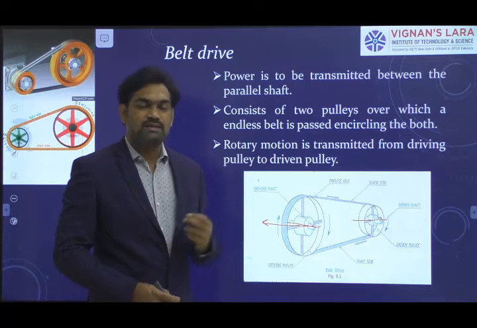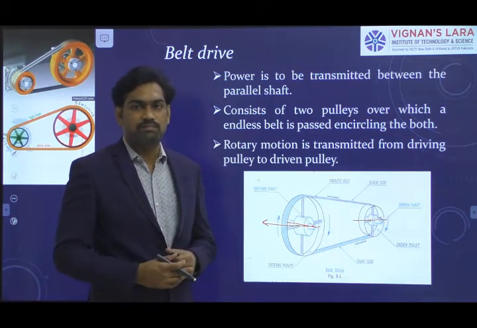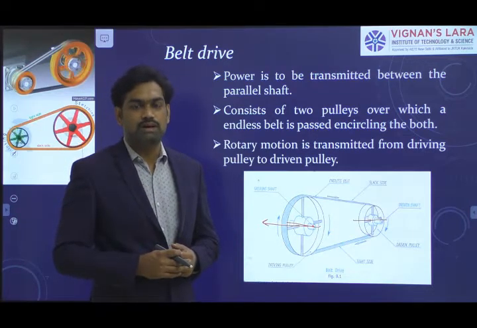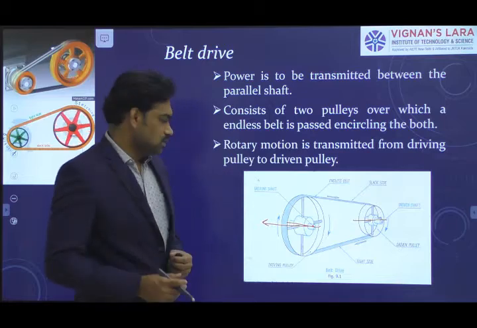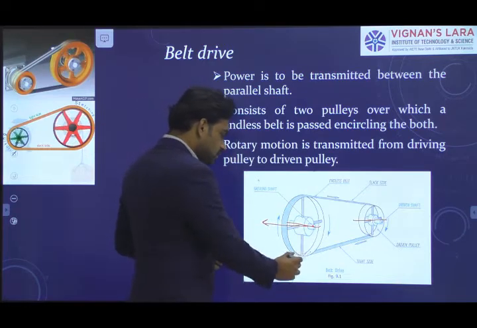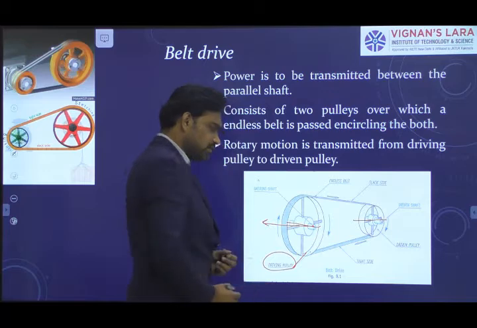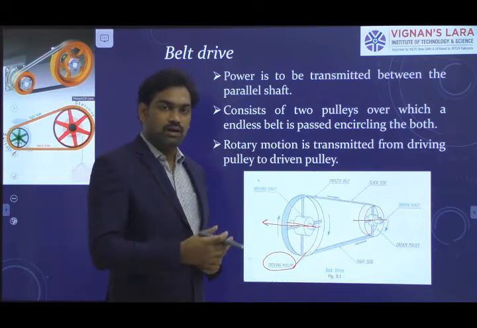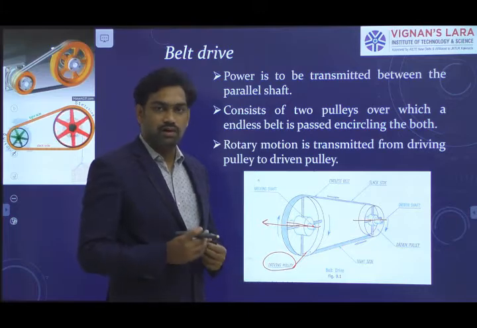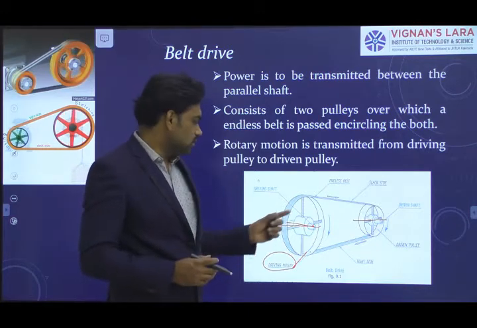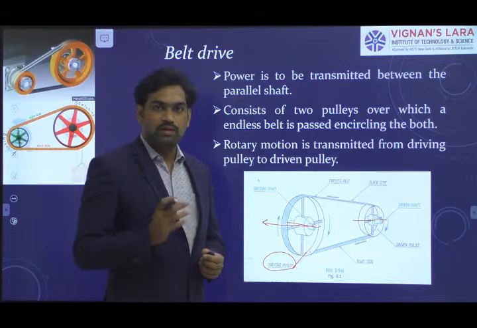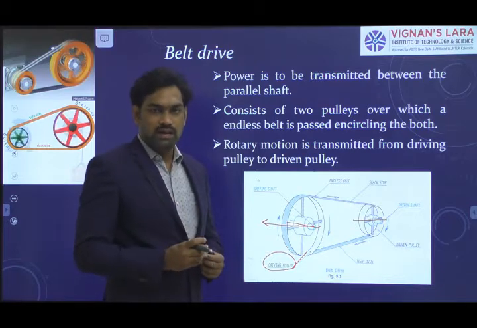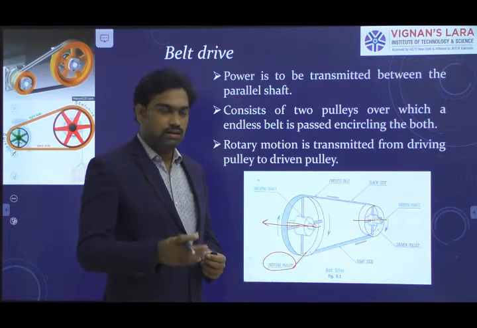For transmitting power from one shaft to another, we require one more machine element that we call pulleys. Here this is the driving pulley, which we connect upon the shaft of the driving member, that is where it is assembled to the power source. We call it a driving pulley. This we call a pulley, and a pulley consists of hub, arms and rim.